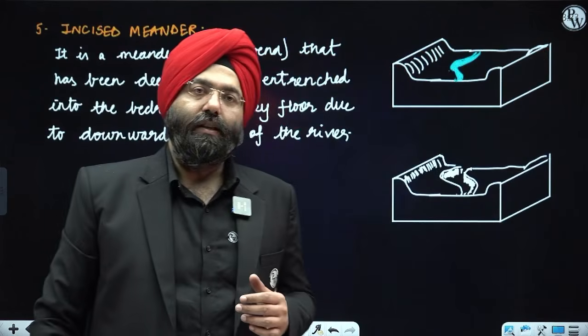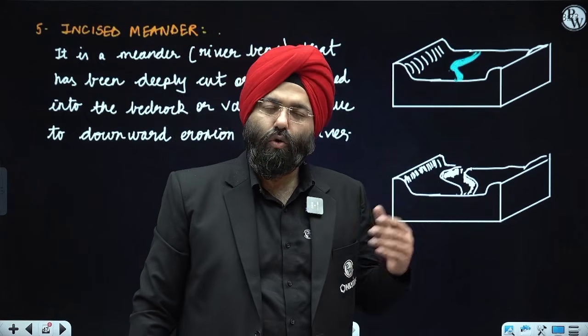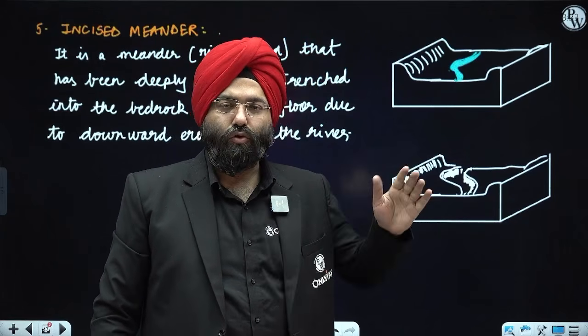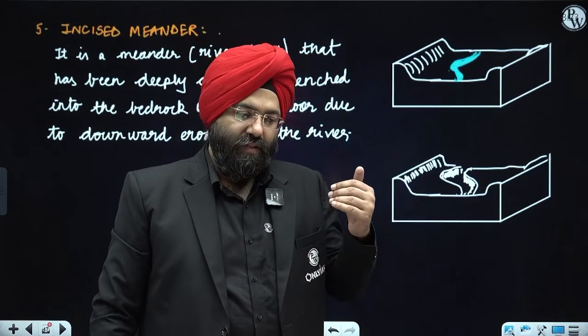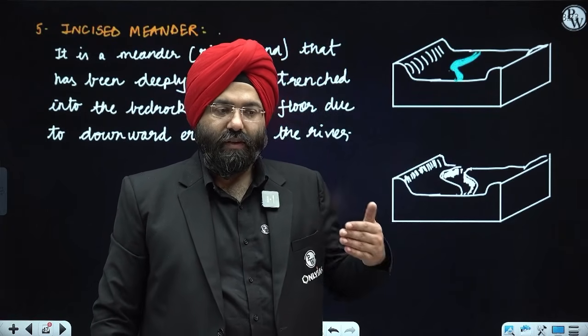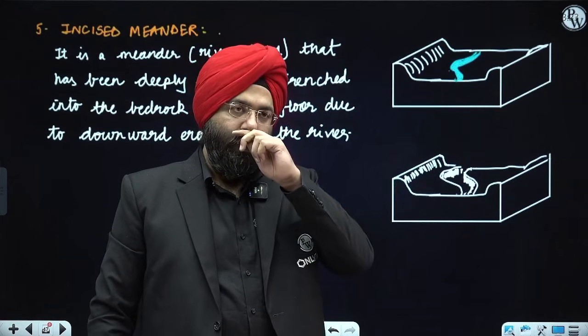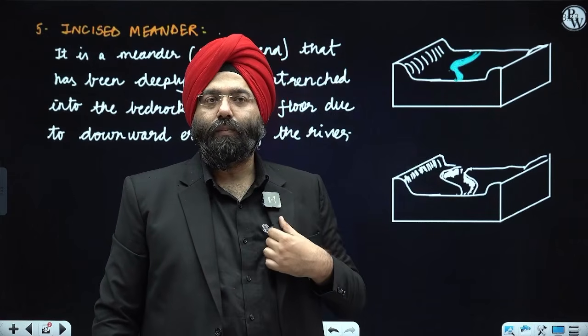You see, the meandering of rivers generally takes place in the old stage, because at that time you realize that the steep slope is no more present and the speed at which it is flowing also is very less. So that means load is more. So that is why there is meandering of river that is taking place. Now, when the meandering of rivers take place, the problem that arises is